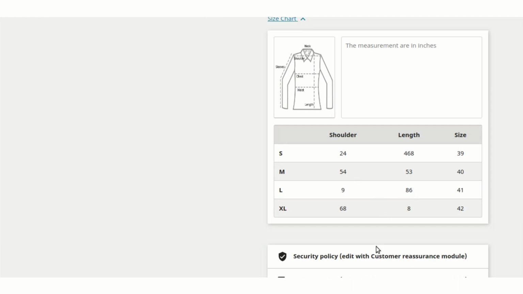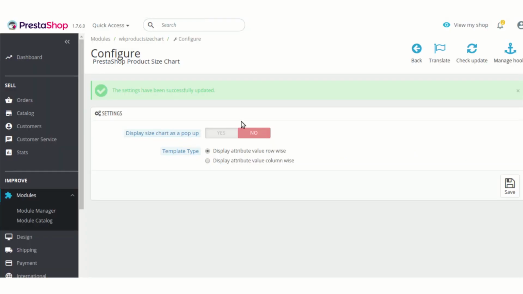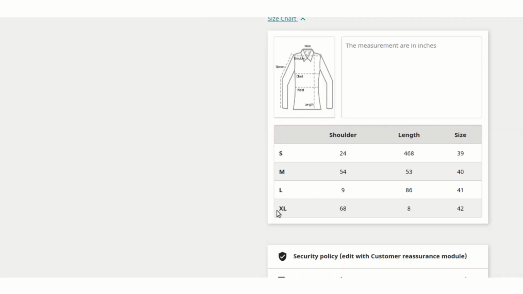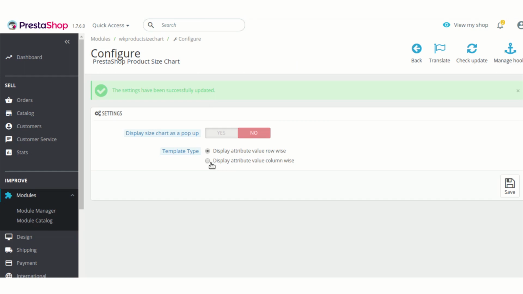The attribute values created or selected by us were S, M, L, XL. As in the configuration setting, display attribute value row wise is selected, these values are displayed in a row. Let's just see what effect it creates on the front end if we select column wise.